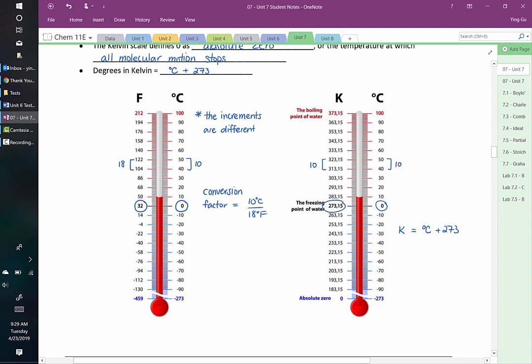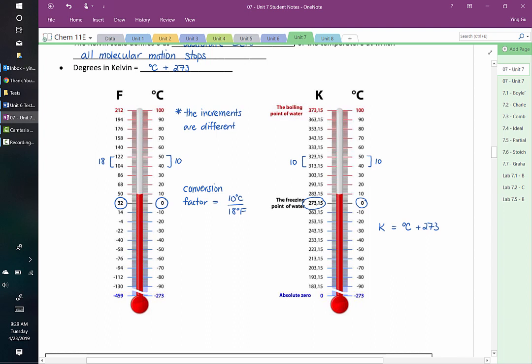Make sense? Perfect. So that means that to go from Fahrenheit to Celsius or Celsius to Fahrenheit, we have to have our starting number be converted by a conversion factor, and then we have to add 32 somewhere. I will leave that to you as a critical thinking question to figure out what the formula is to go back and forth. Okay? One last thing to note about these scales,